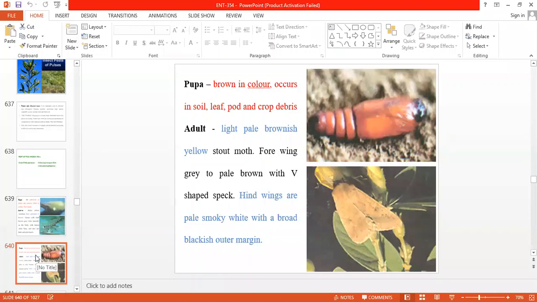Adult stage is a light pale brownish yellow, stout moth, forewings gray with pale brown with P-shaped spikes. Hind wings are pale smoky white with a broad black